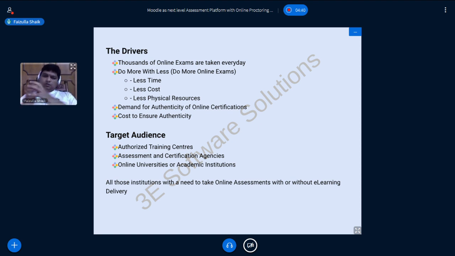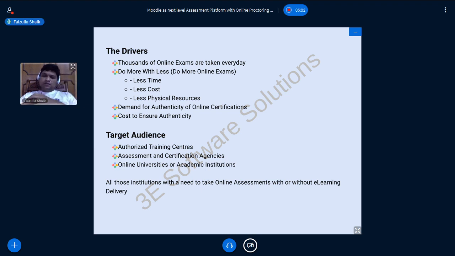Now who is our target audience? Who should this solution help? The target audience are any authorized training centers or assessment or certification agencies, whoever is doing the job of assessment and certification for one reason or another, or typically online universities or any academic institutions.